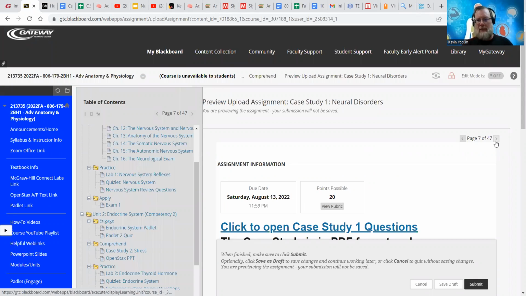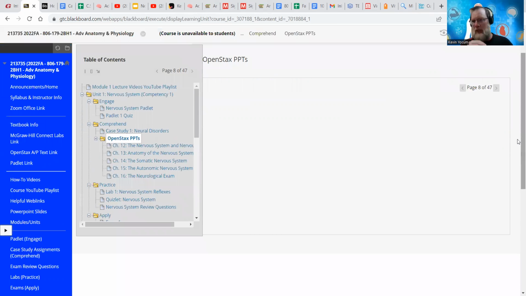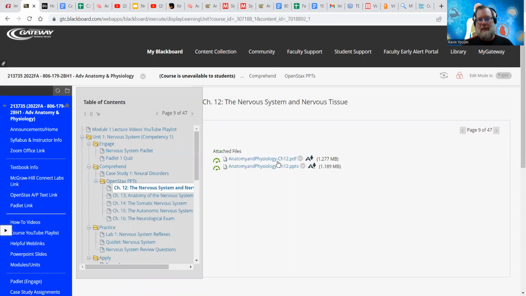Now labs. Oh, and then I have all of the OpenStax PowerPoints. Again, these aren't the ones I use specifically, but if you use the OpenStax text for any reason, you can access the PowerPoints from there if you'd like. I have them in PDF or in PowerPoint form.